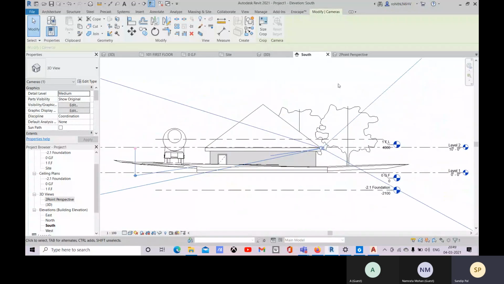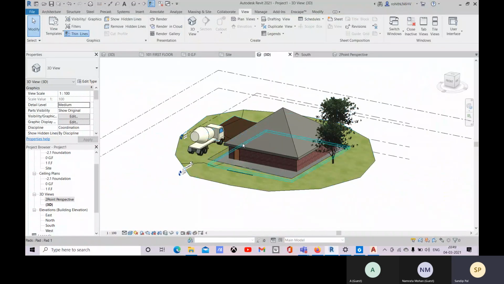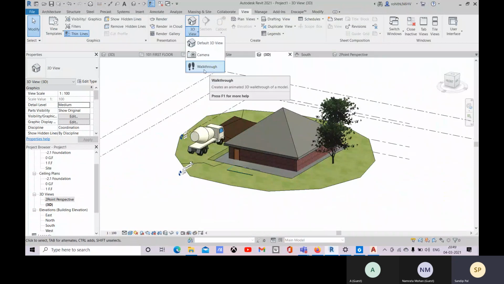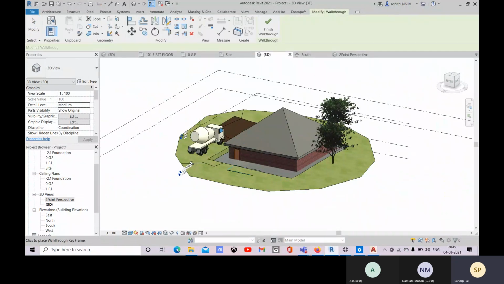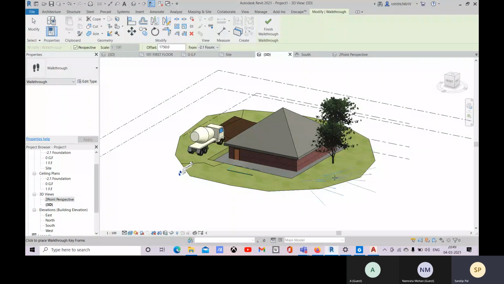Okay. Now let's come to this, and here you also have this walkthrough option. For that you have to create one path. Here you see that I'm creating this camera, the path I'm creating.